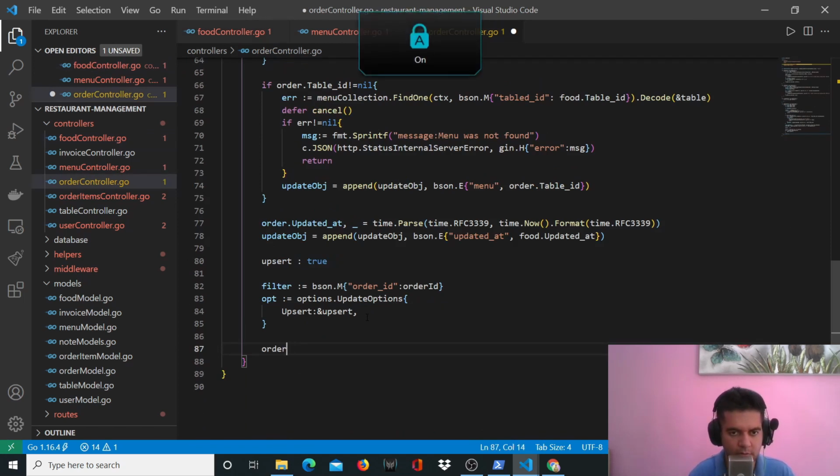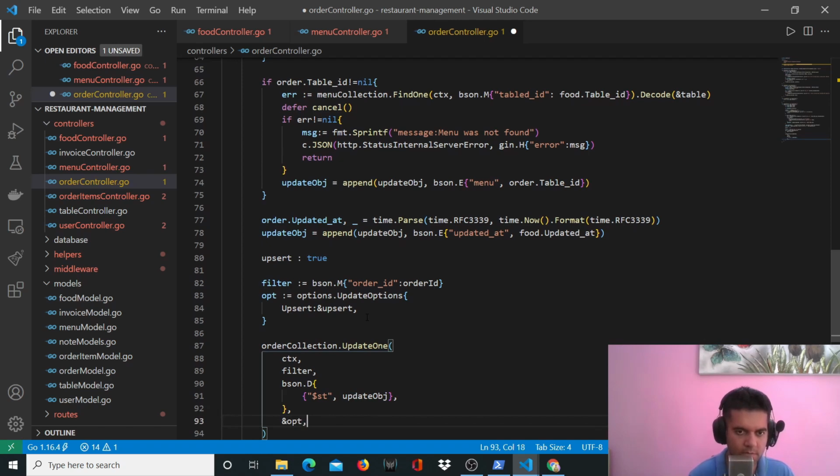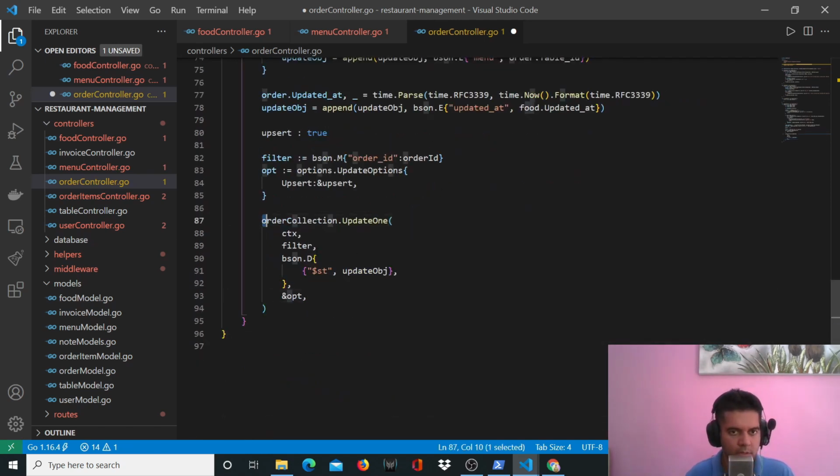So you have your order collection.UpdateOne. You have ctx, just context, comma filter. You have your bson.D, $set, comma update object, comma ampersand options, and this value is going to be captured in result, and you'll have an error. The error is what we'll handle here. So if error not equal to nil,